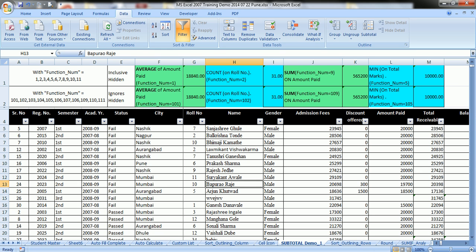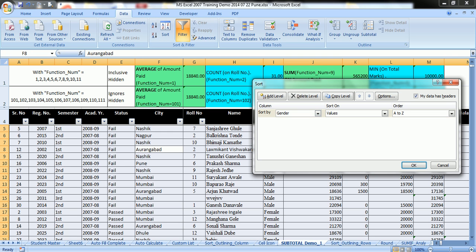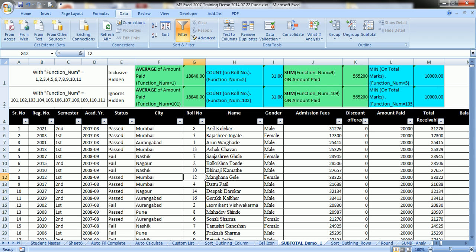Now you have the entire data in front of you. Currently the data is sorted as per the serial number. So the data is in front of you.